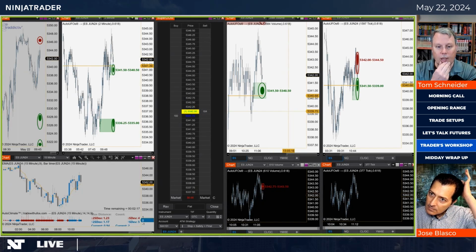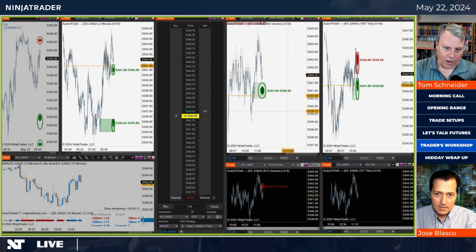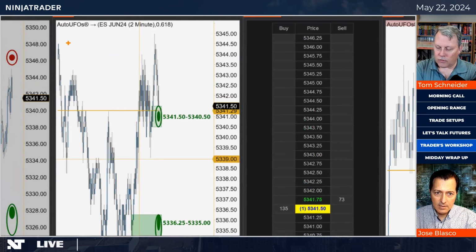Question for you, looking to the left, on the chart on the left, the one that's more highlighted, I think it's hard to see from my poor eyes, the 2-minute chart, right? Yes, this one. In days like today where the ranges are pretty small, I see two areas, two UFOs, long areas. Let's say the auto climate reads exactly how it did earlier. It gave you that signal that it's a buying climate, and you've got these two areas. Could you use both of those areas as entries?